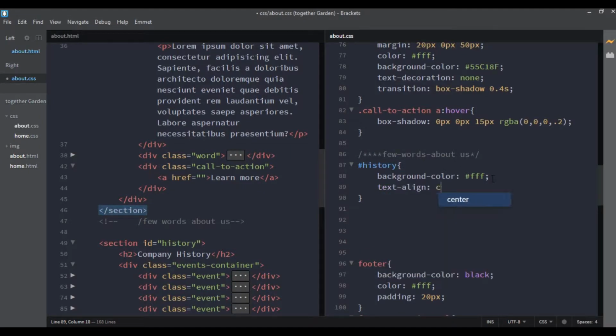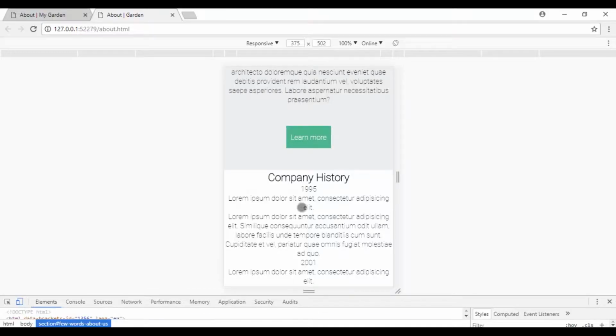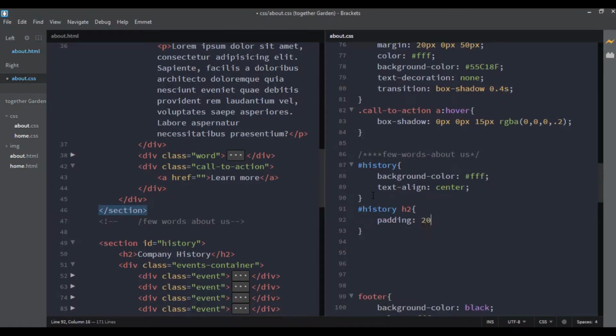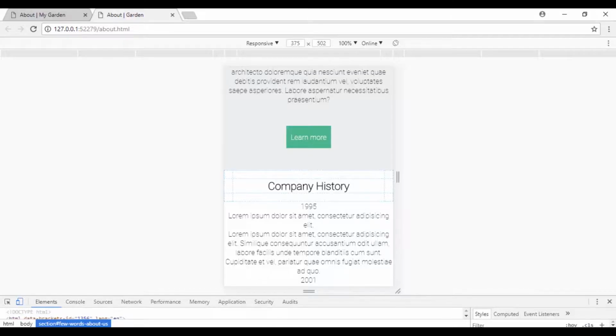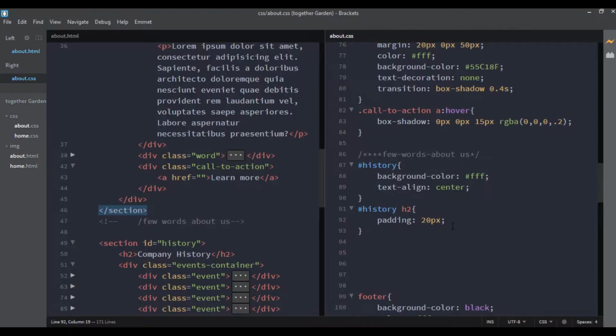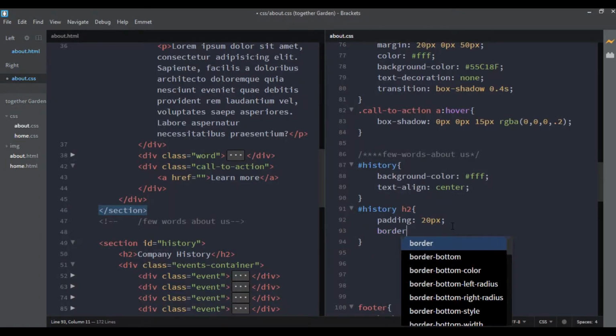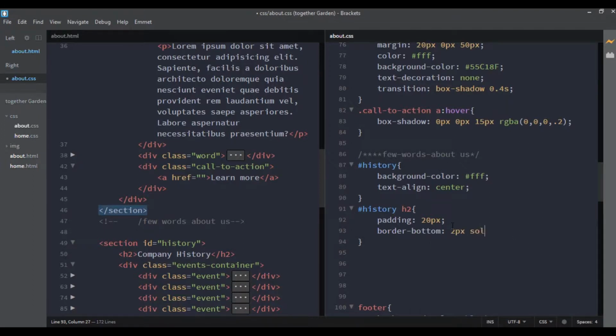Text align center. And now let's target the H2. History H2. Padding 20 pixels. Border bottom 2 pixels solid, and